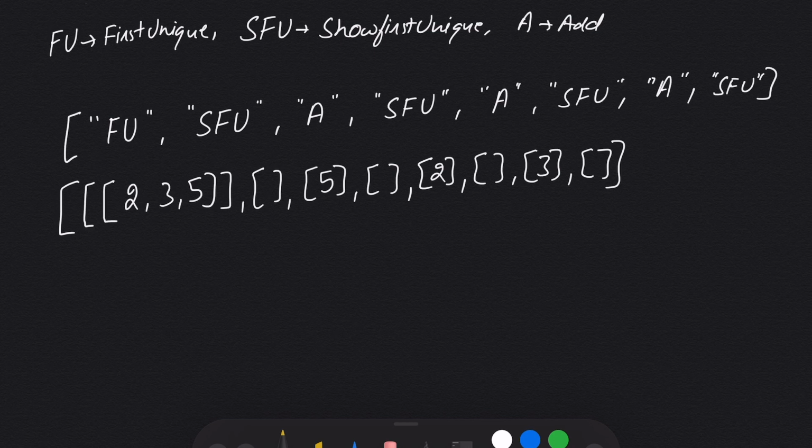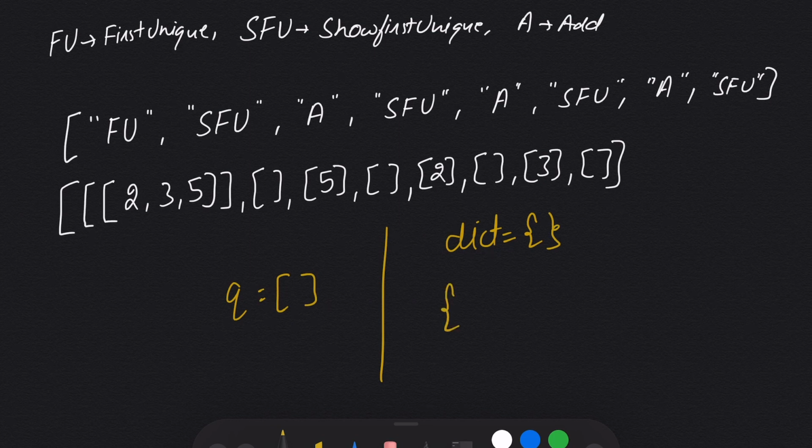So we know first of all we need a queue, and as the question is asking to return the first unique number, for that we need to take care of the number of occurrences of every number in the queue. That means we need to take care of the frequency of the number. And the best way to do that is using a dictionary. What I will do, I will add the number to the dictionary, number as a key and its frequency as the value.